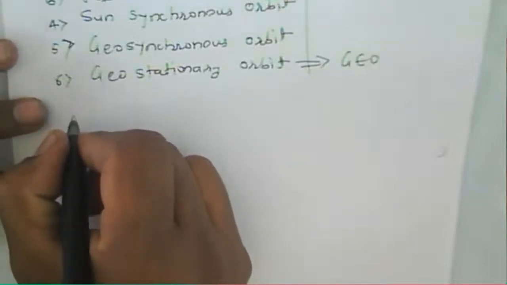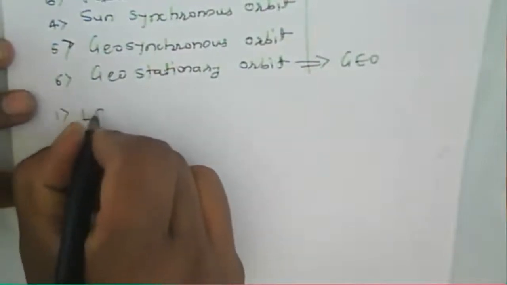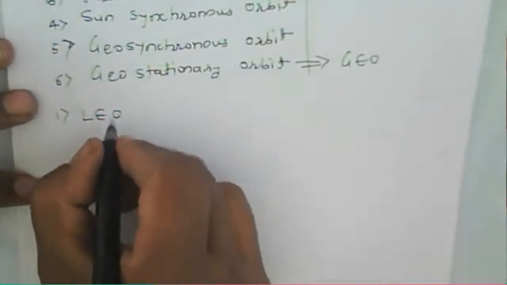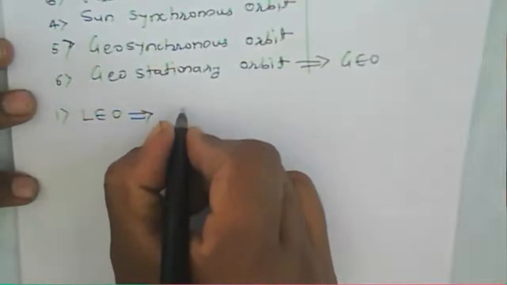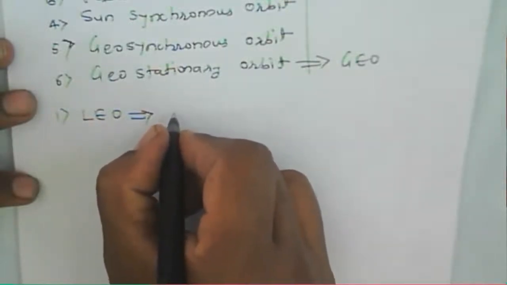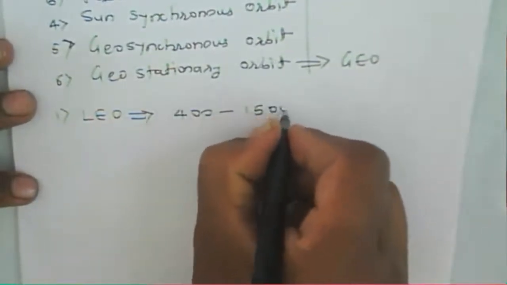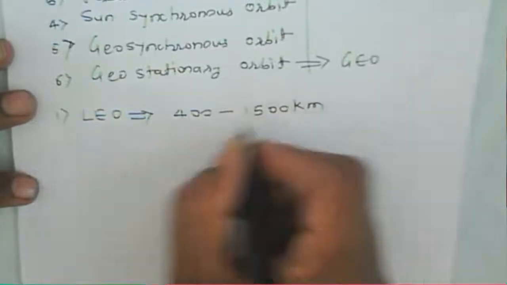Now we consider first a LEO orbit. LEO orbit means low Earth orbit, and typically its altitude will be in the range of